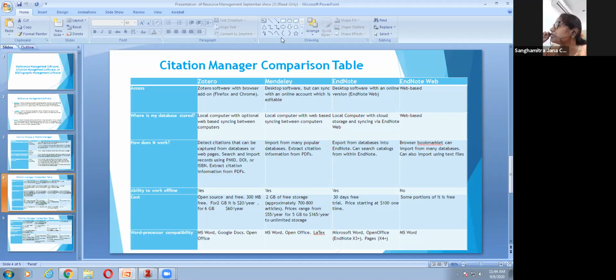Since it is an Elsevier product, obviously, many of us who have tried to submit our articles to Elsevier know they insist on LaTeX versions. This will provide that. For EndNote: Microsoft Word, OpenOffice, and for EndNote Web, it is MS Word.